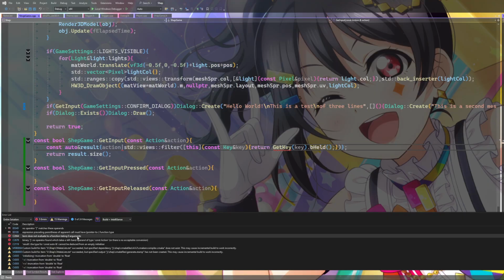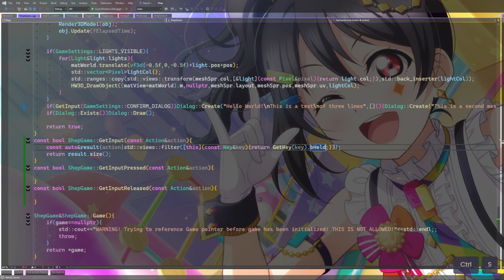A function taking 0 arguments. Oh, this is... God damn it. I do need this though, right? Yes. And then we return result that's...